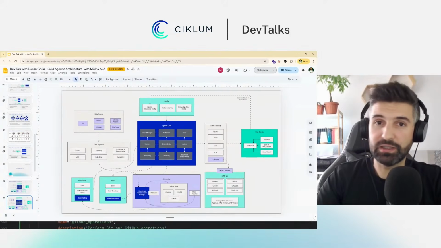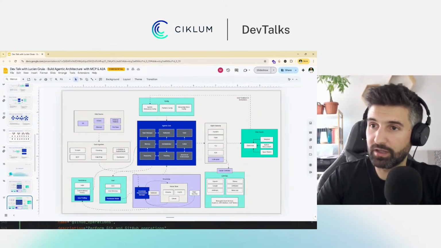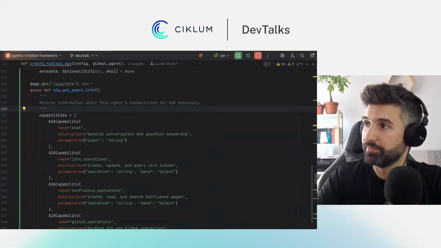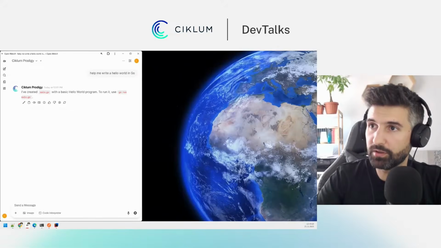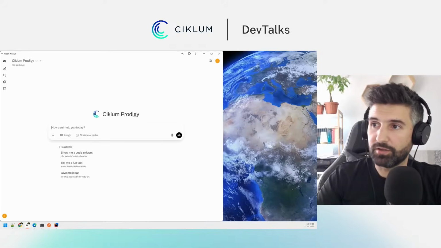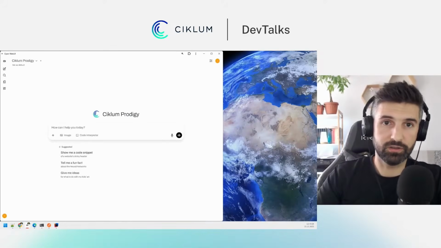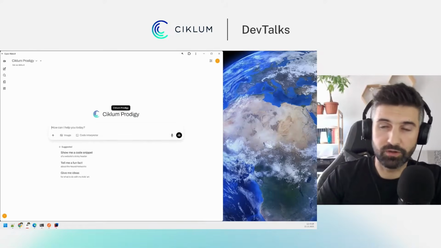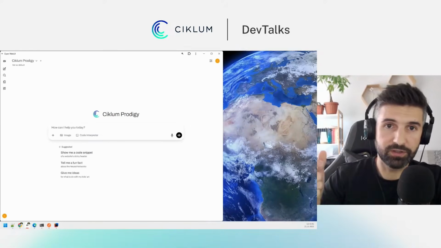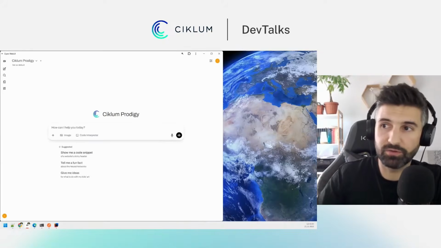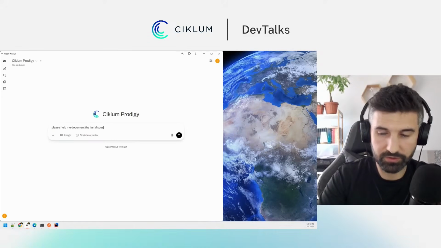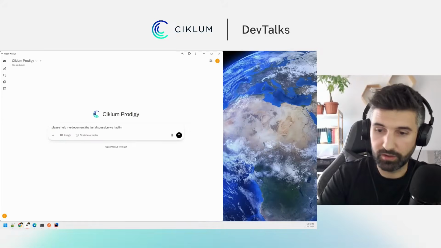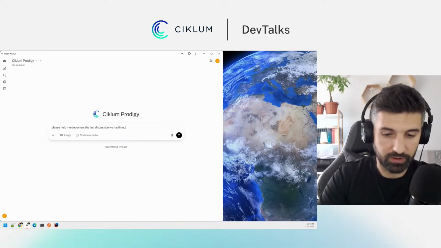Now, let me show an example of why this is important. Why do we want to design an agent like this that has a conversational GUI, right? I'll stop presenting this, and let's open this chat interface. This is our agent. We call it Ciklum Prodigy, and basically what we want is to have it take actions as well, not only respond. And I will say, please help me document the last discussion we had in our team's